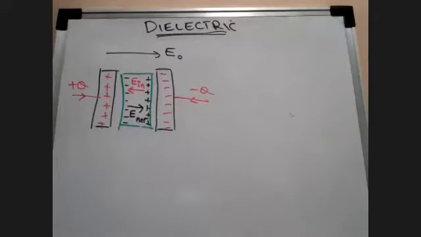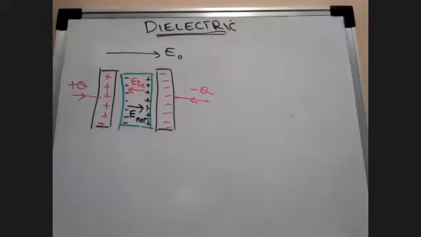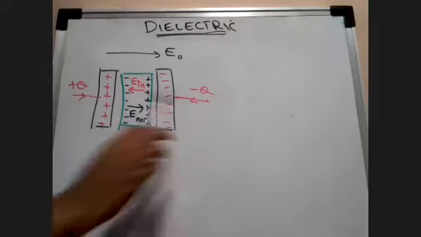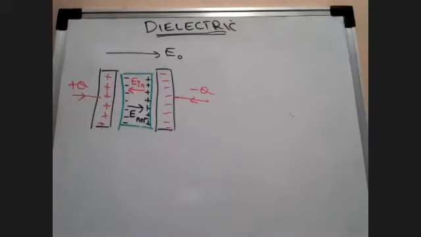Before I could start the derivation, I told you that these two plates first have to be connected to a battery, plus Q over here, minus Q over here. Each plate will start to have a certain amount of charge developed uniformly over it, so you have a plus Q charge uniformly developed and a minus Q charge uniformly developed.